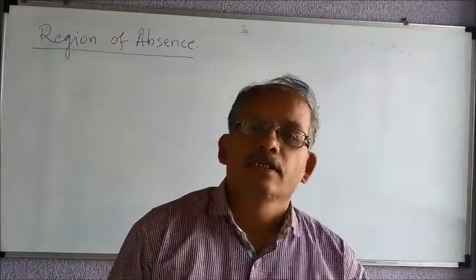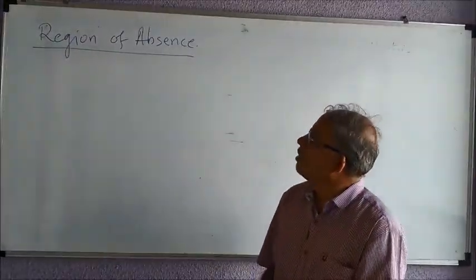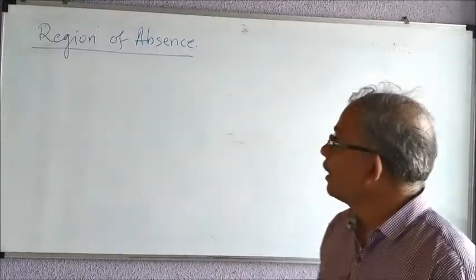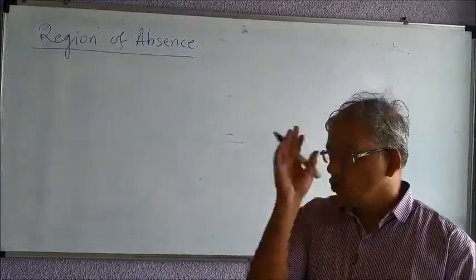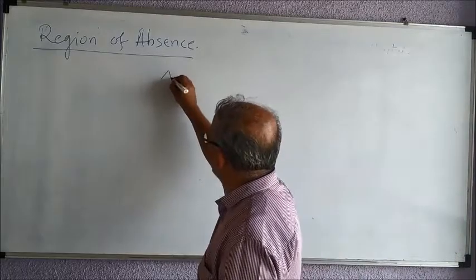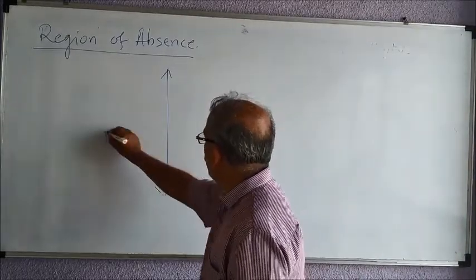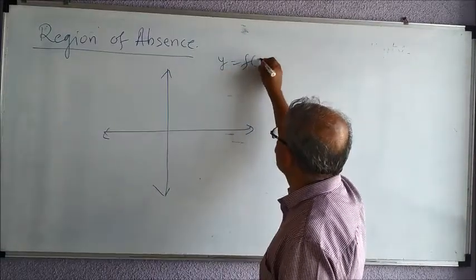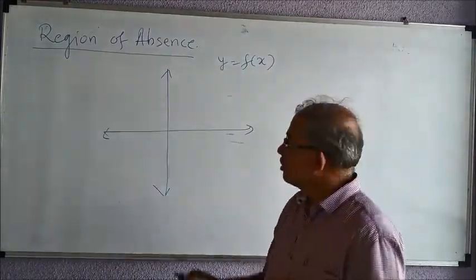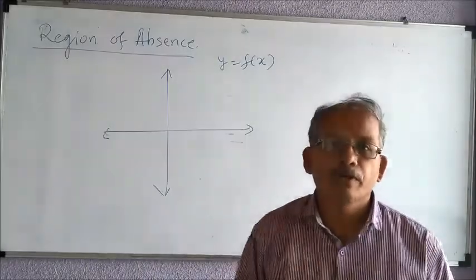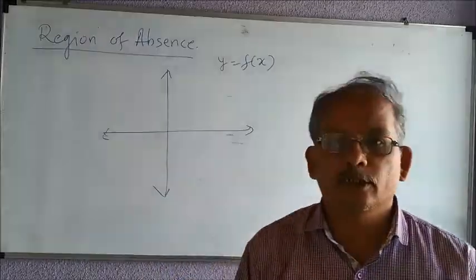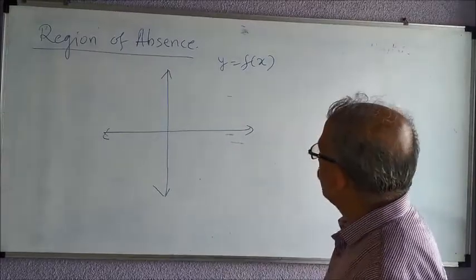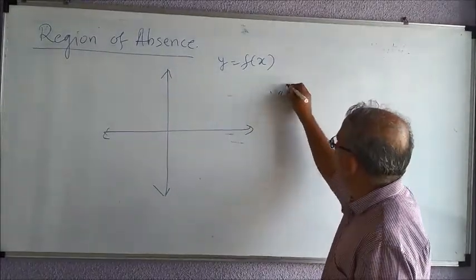Hi friends, now let us see the final point in the analysis of Curve Tracing, and that is the region of existence. On the two-dimensional plane, suppose y equal to f of x is the curve that you are tracing. On this plane you find out the area where the curve does not exist. How to get that? You find out the values of x